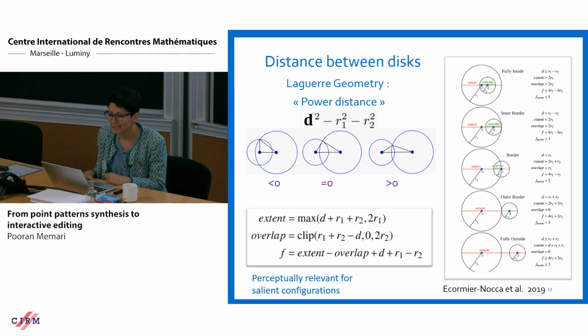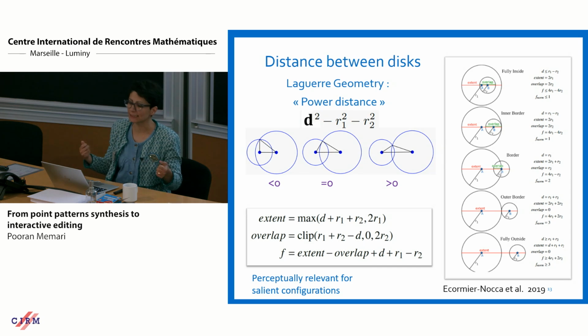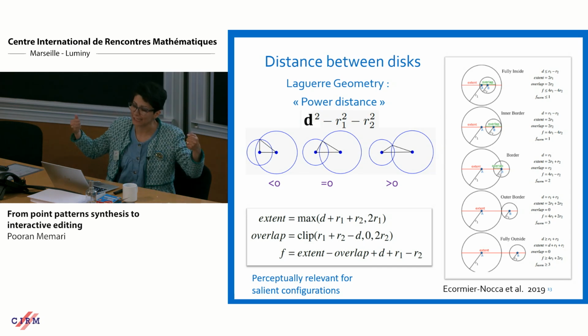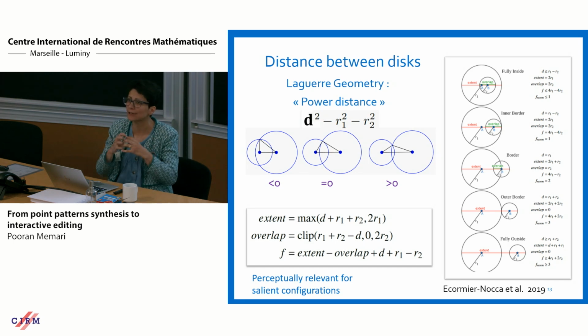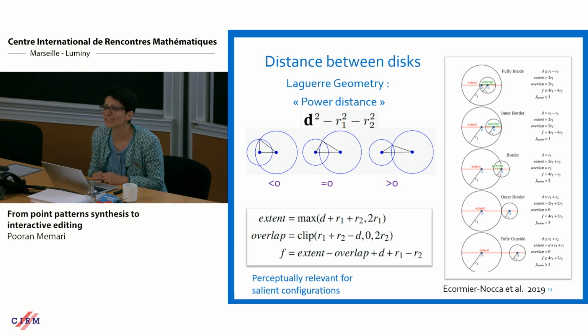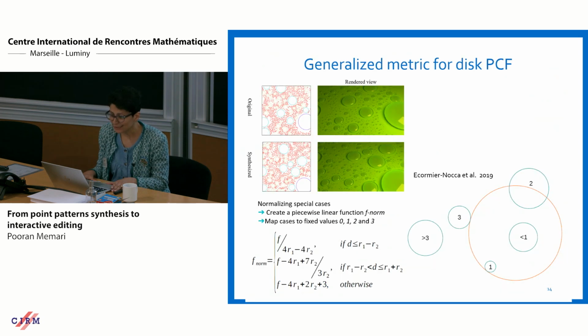Once you see the definition, it might appear a bit random, but interestingly enough, by just considering a function that takes into account the extension of 2 disks as well as their overlap with some normalization, etc., one could come up with a nice metric. And for me, in the very first place, that was a very simple and application-driven definition. But this is amazingly strong in terms of capturing geometric configuration between disks.